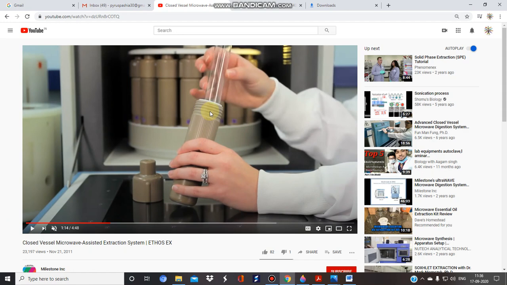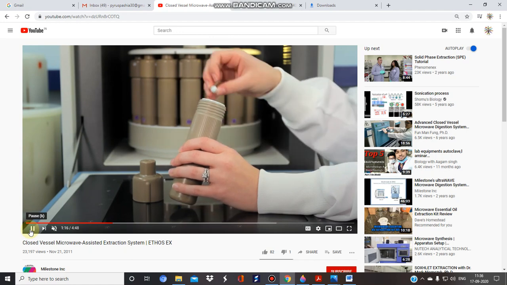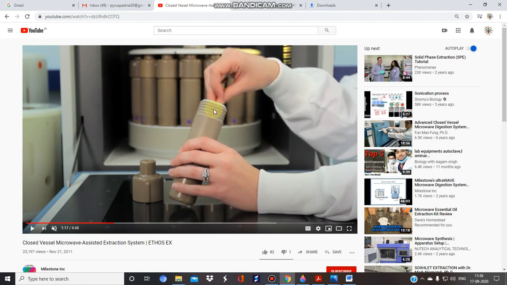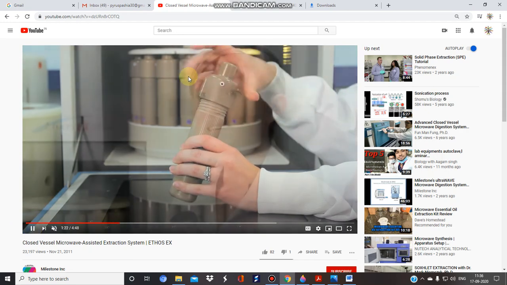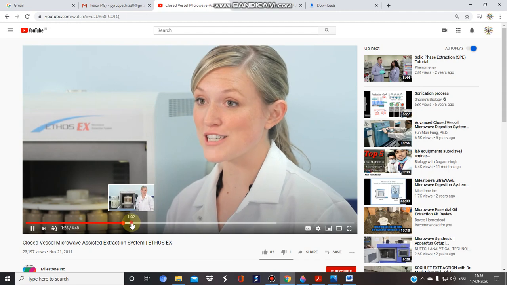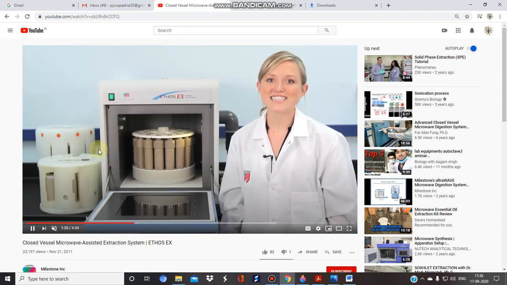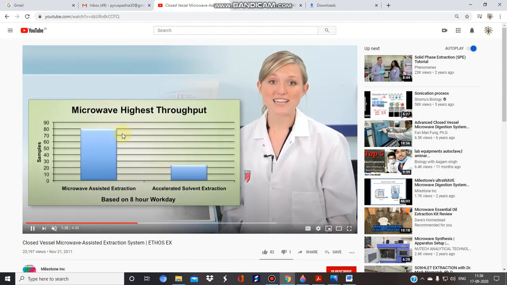So we can simultaneously use different types of samples. You can carry out at least 20, suppose you have taken 20 different plants, so you can carry out the extraction of these 20 plants simultaneously, because in this you have to add your sample, and then just wait and watch. After adding this, you will add a stirrer. This is added for continuous stirring purpose. Okay, and you will just close it and pack it in this unit, in this assembly, and you will start your extraction procedure. Okay, so this is your assembly of the microwave assisted extraction system.